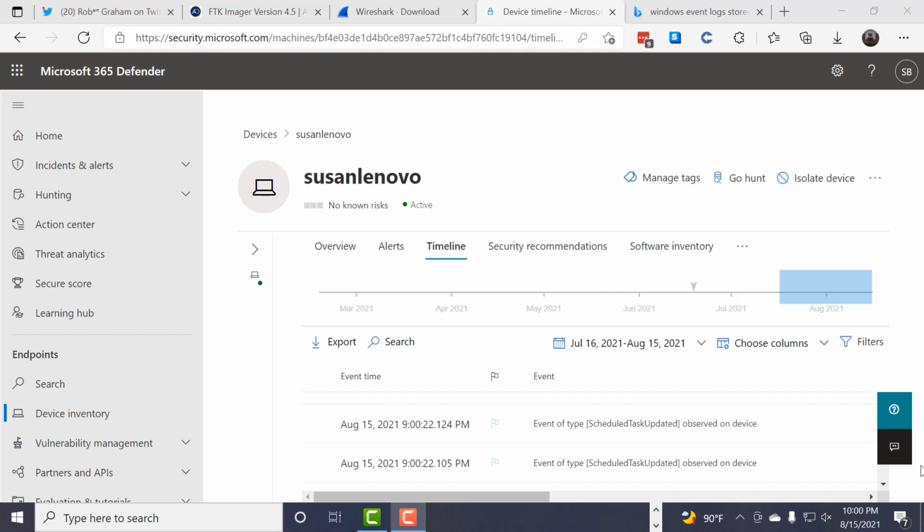Bottom line, forensics is not easy. It takes expertise and it takes planning. Take the time now for planning, when you don't need it, so it's there when you do need it.